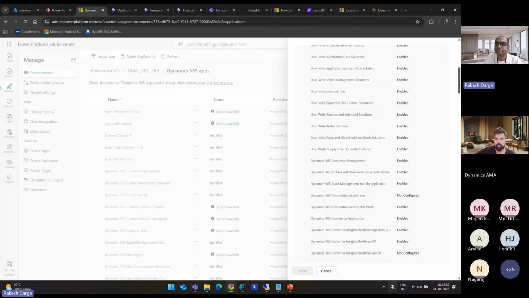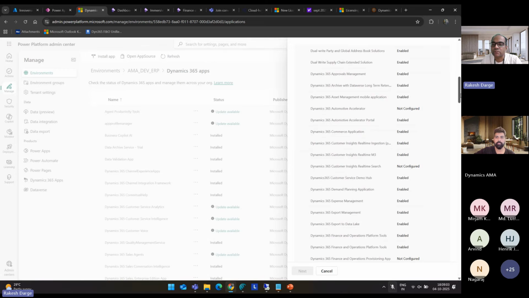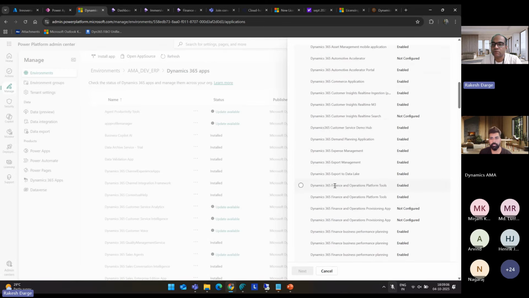One is the tooling experience. Let me just go back and check the platform tool. You'll always see two options, but you can select one of them. First, you have to select the platform tool. This is the platform tooling experience that you get installed into Dataverse. As I mentioned earlier also, right? Now ERP has completely moved from a monolithic architecture and is now a first-party citizen in Dataverse.